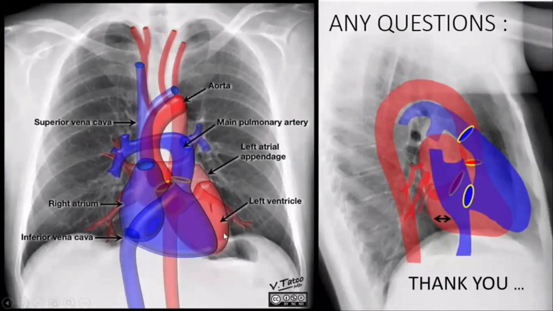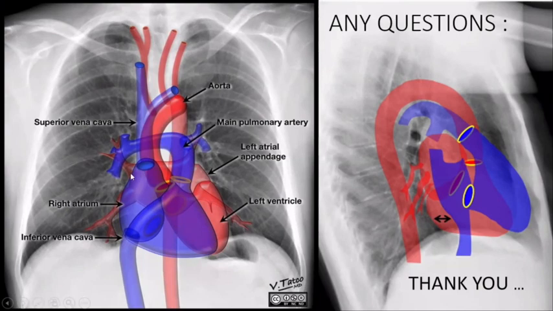Always be precise about the location of the chambers and great vessels, and only then will you be able to discover the pathologies. The pathology we will probably discuss in further classes, I hope so. These are not very essential in the radiology section, but they are very essential in the medicine classes. We'll follow in the next session or in practical classes if needed. So let's have a revision.